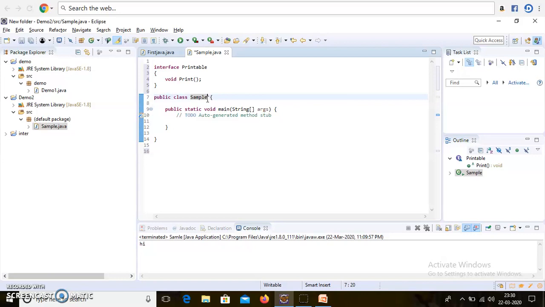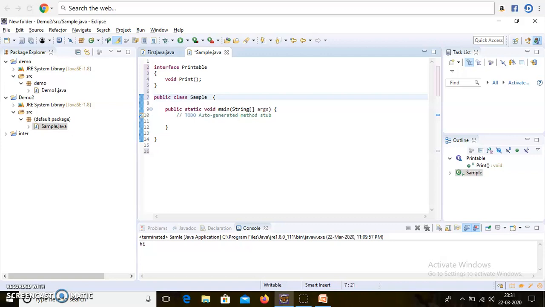If you know inheritance, we can extend one class to another class. We can extend only one interface to another interface, but when connecting an interface and a class, I have to implement that interface into the class using the implements keyword.